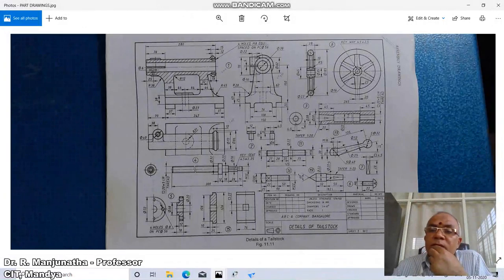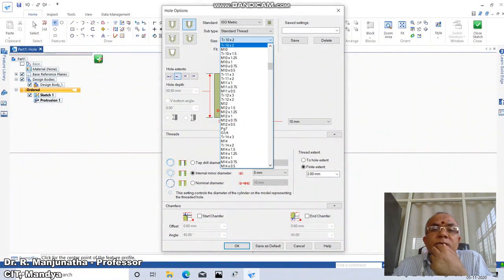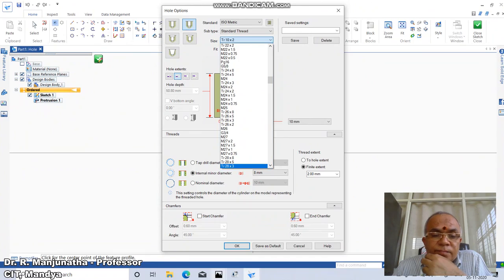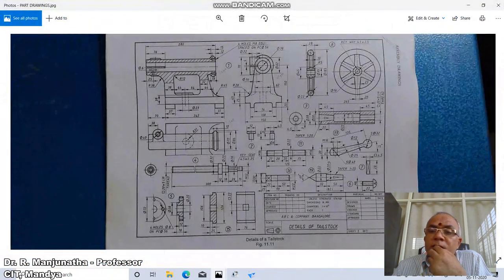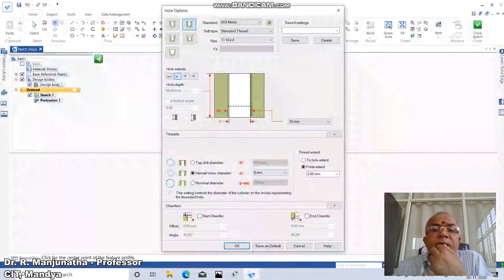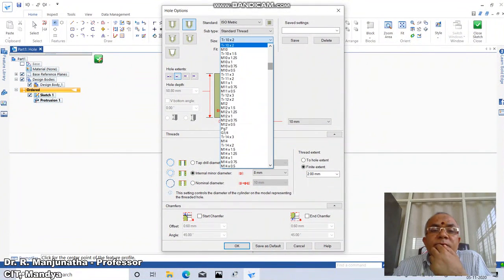So TR is square into 20 into 5 LH. So you take TR into 20 into 5. So TR into 20 into 5, 20 into 4 is there.